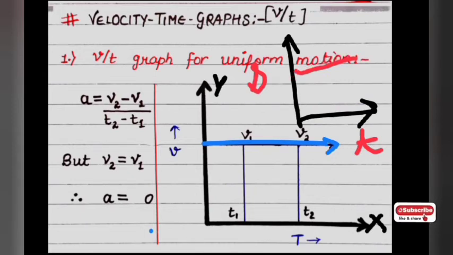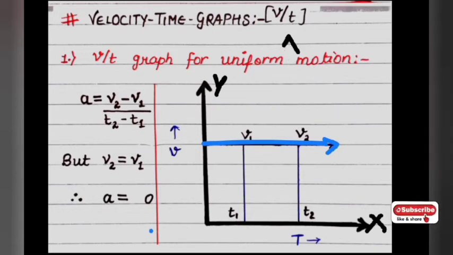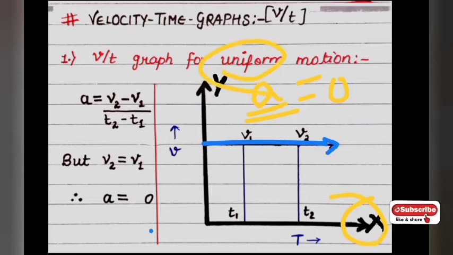So similarly here we are getting information about the velocity, and velocity is 0 in the distance time graph. And when you compare it with the velocity time graph, in this velocity time graph we are able to find the acceleration from these graphs. And when the graph is a straight line parallel to the x-axis, then we can say that acceleration is equal to 0, meaning acceleration is constant, meaning the motion is a uniform motion.